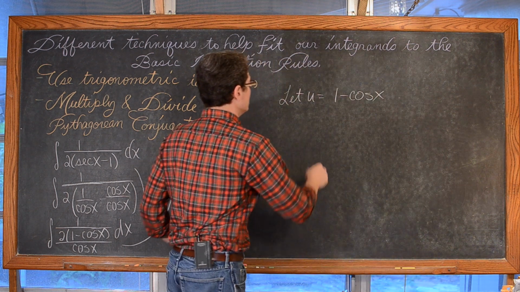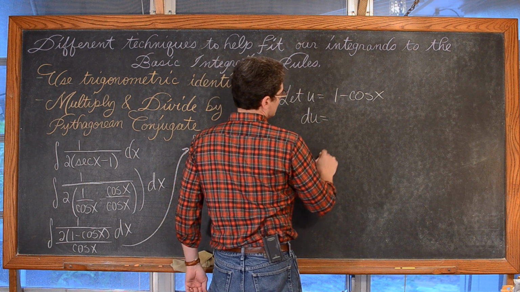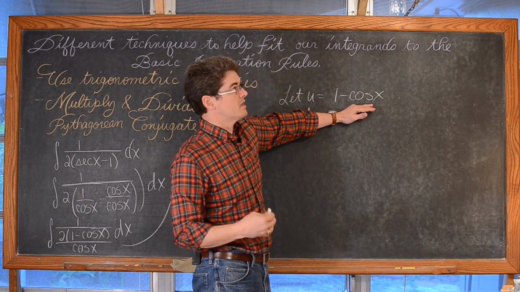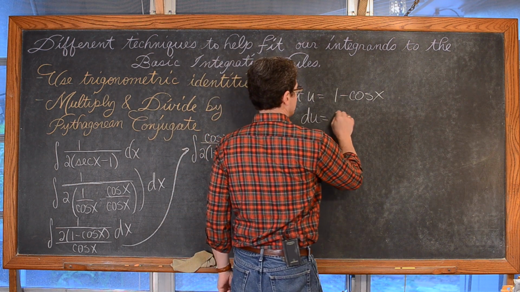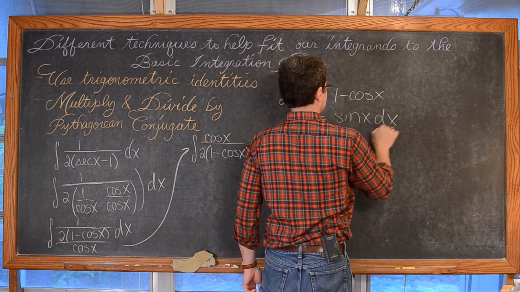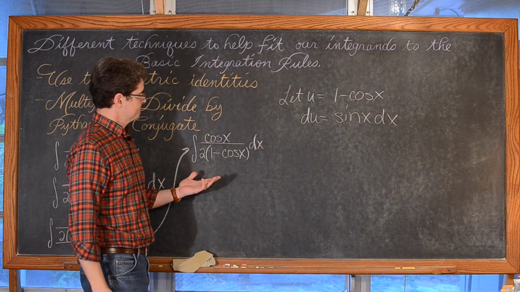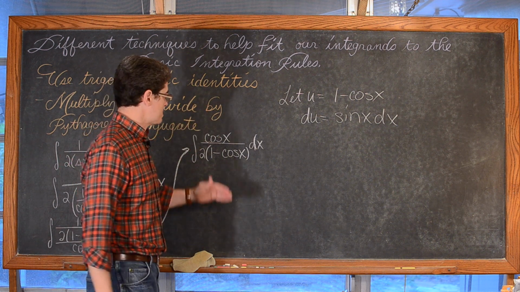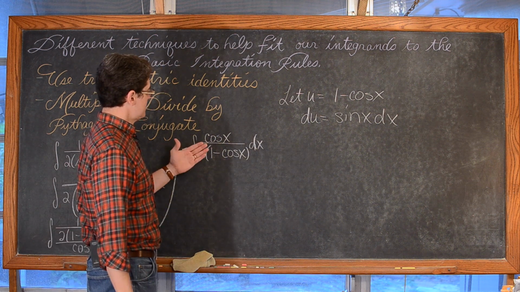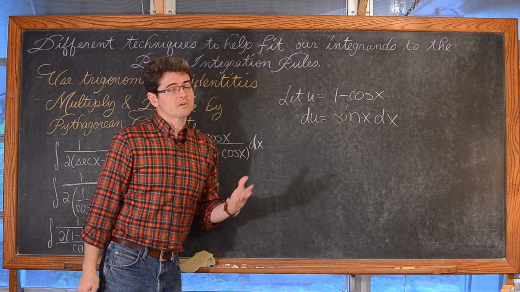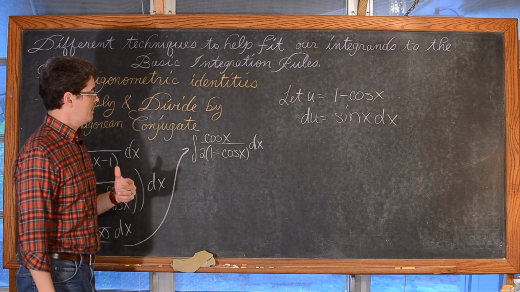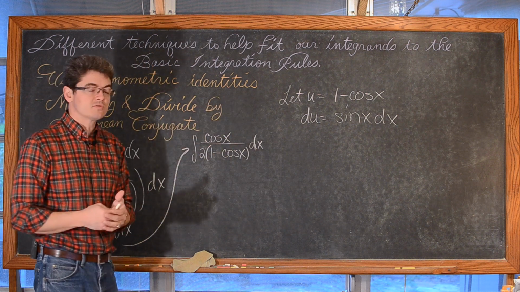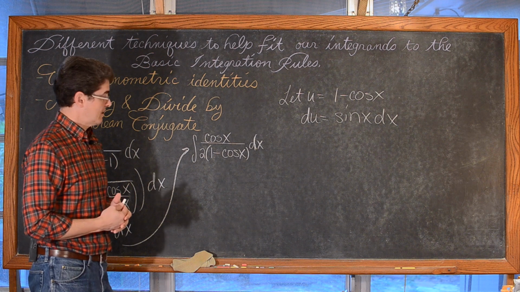Well, then that means that du would be equal to, well, the derivative of 1 is 0, and the derivative of cosine is negative sine, so that would be the sine of x dx. No, I'm going to have a problem here because I've got just a cosine function on top and a cosine function of some format in the denominator, and if I do any kind of u substitution with the cosine function, I'm going to need to get rid of all those references of x and finish my u substitution. I'll need some kind of trig function. I'll need sine in there, and I don't.